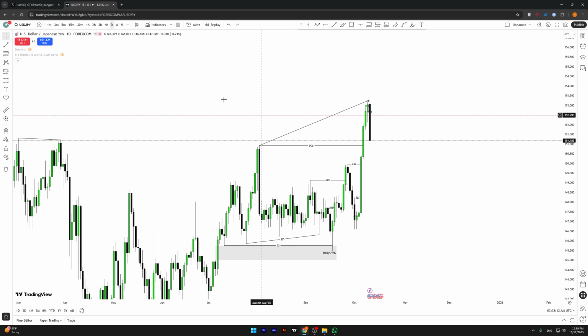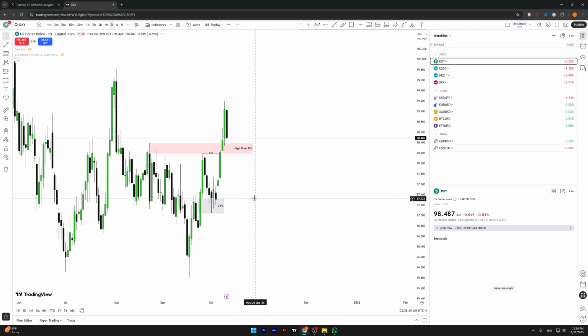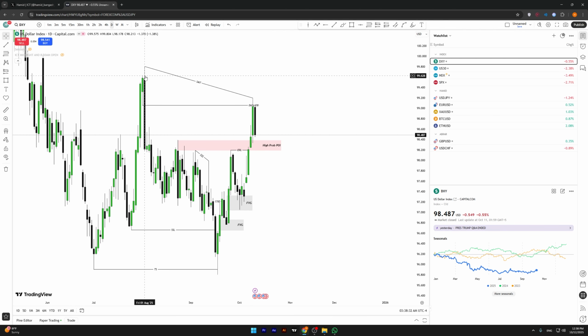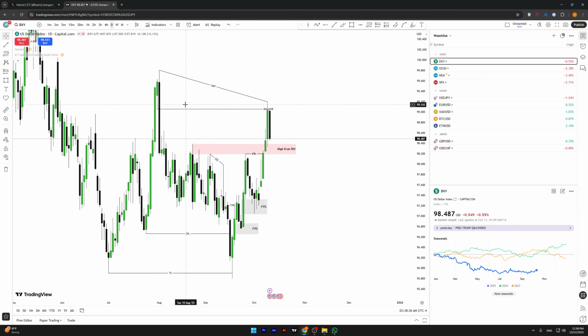So now let's look at the USDJPY. This was the daily time frame. First of all, when I opened the chart on Friday, I noticed this SMT. Price created this SMT with DXY. This was the Friday 1st August swing. Price took out this swing, but on DXY price failed to take out this swing. This was the 1st August swing, and price failed to take out this swing and gave a strong rejection